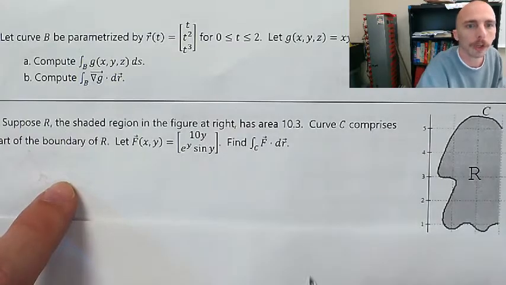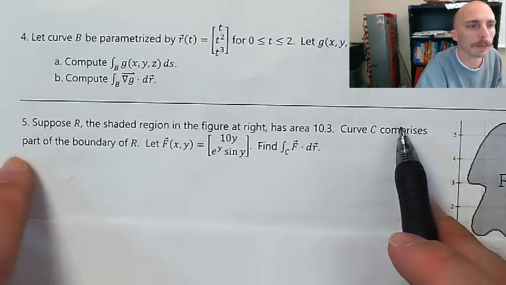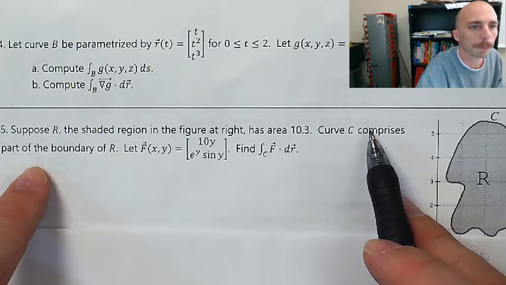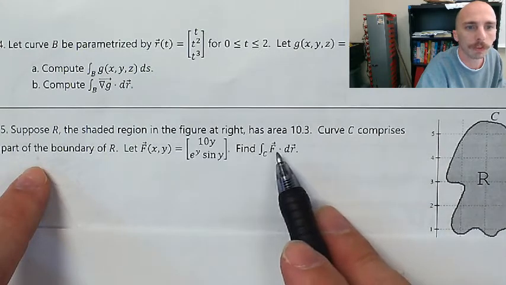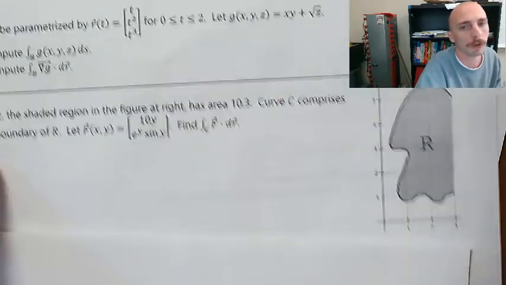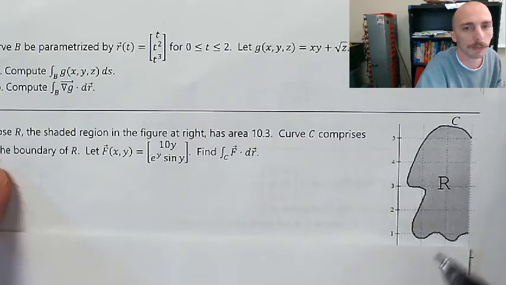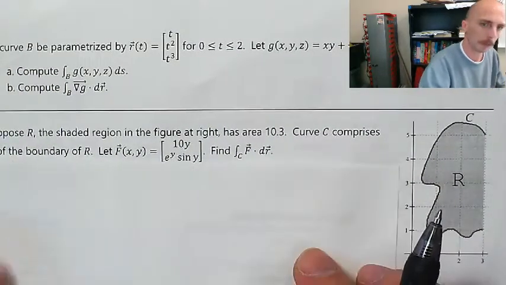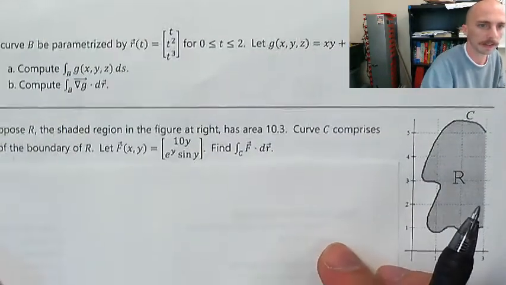So curve C comprises part of the boundary of R. Find the integral over curve C of f dot dr. Okay, so we're going to use Green's theorem here, right? That's why they gave us the area of the region. So what I know from Green's theorem is that